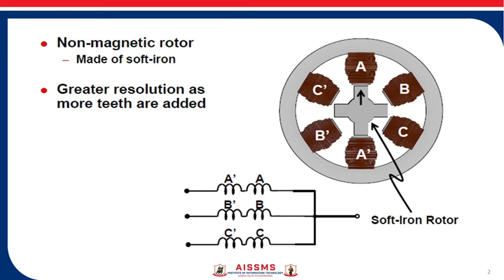When any one phase of this stator gets excited, it produces a magnetic field along the axis of the pole and phase which is excited. Then the rotor moves in such a direction to achieve the minimum reluctance position. Such a position means the position where the axis of the magnetic field of the stator matches with the axis passing through any two poles of the rotor. Let us see the operation of the variable reluctance type of stepper motor